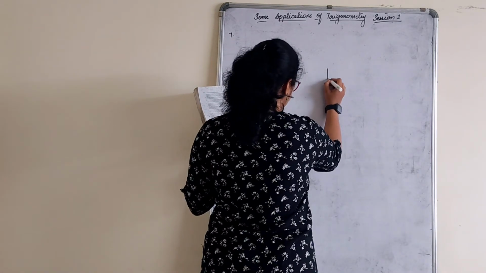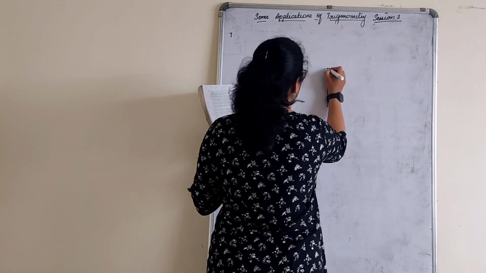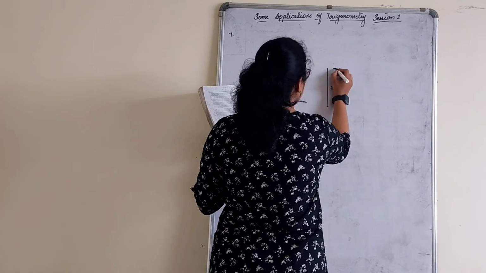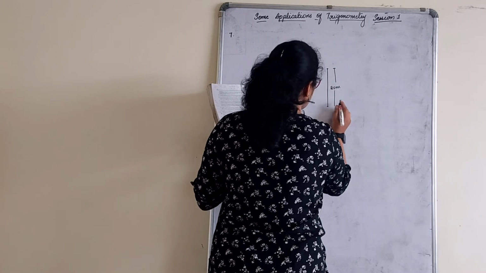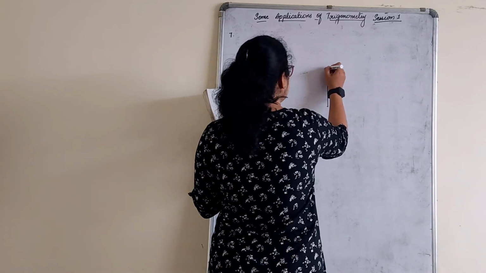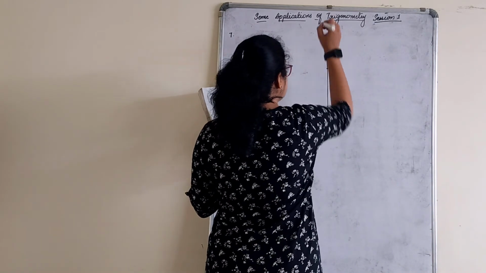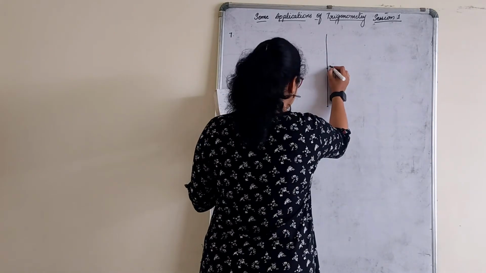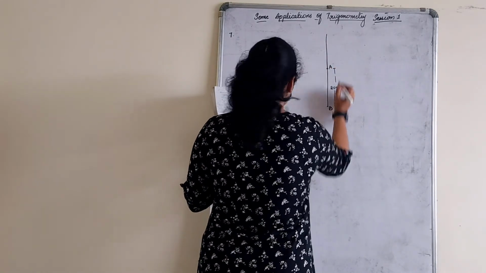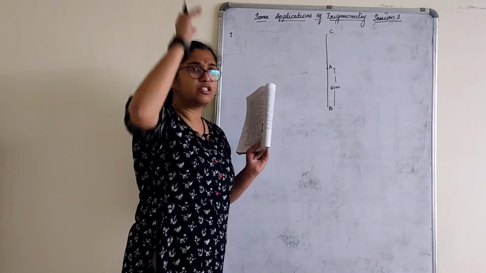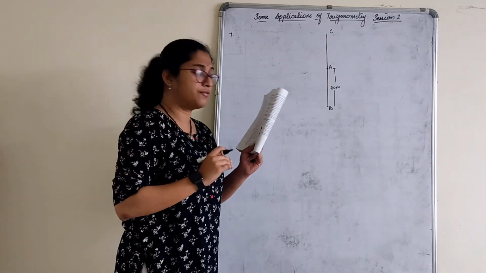So that means first I have to draw a building. This is a building which is 20-meter high. Now this is the top of the building. Now on this building, what is fixed? A transmission tower is fixed, right? So let AB be the building, AC the transmission tower. Transmission tower is always on top of the building, fixed on top of the building.